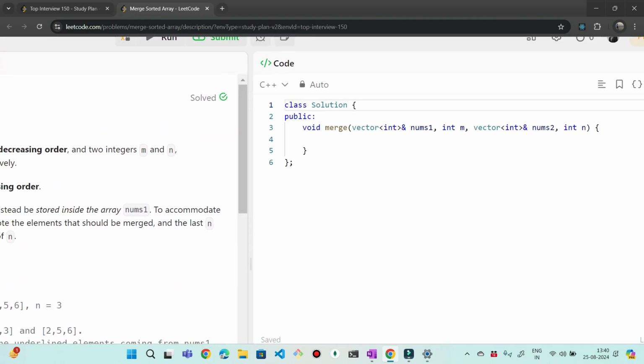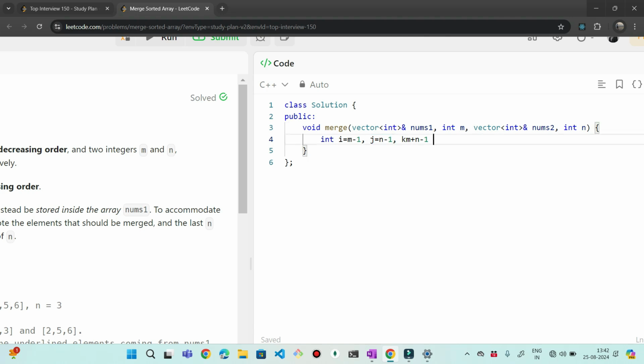So let us try to understand the coding aspect of this. So as per the logic, let's declare the variable int i equals to m-1, j equals to n-1, and let's say we have pointer k which is equals to m plus n minus 1. So this kth index is pointing to the nums1 at the last location. So ith position is present as the non-zeroth entity, and j is pointing to the last entity of nums2.